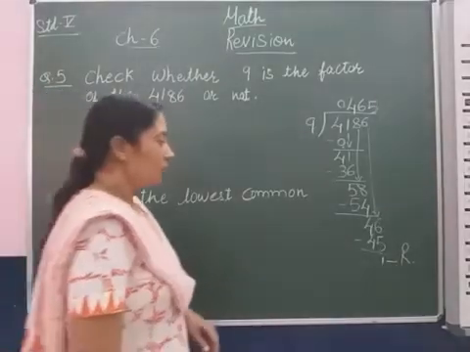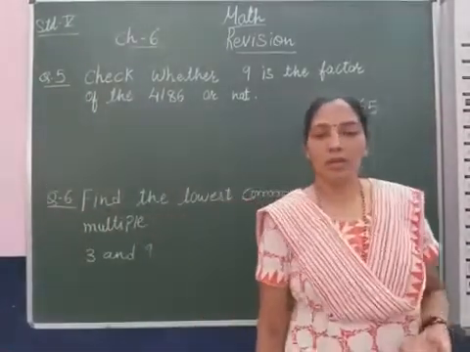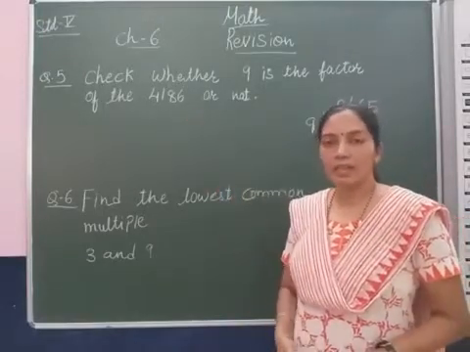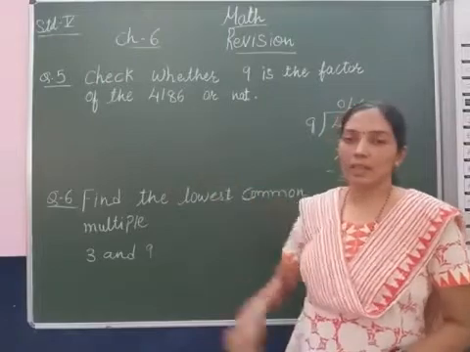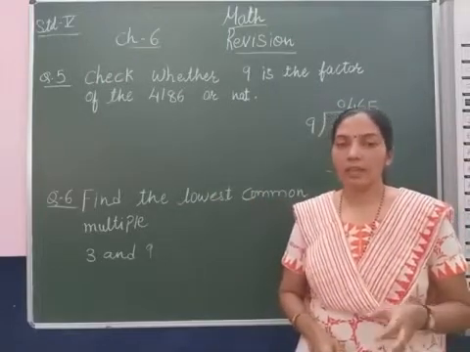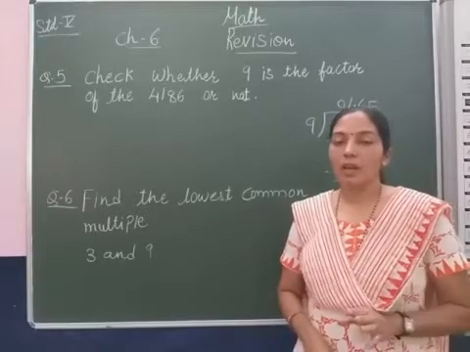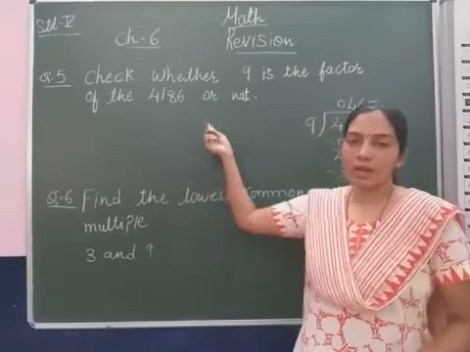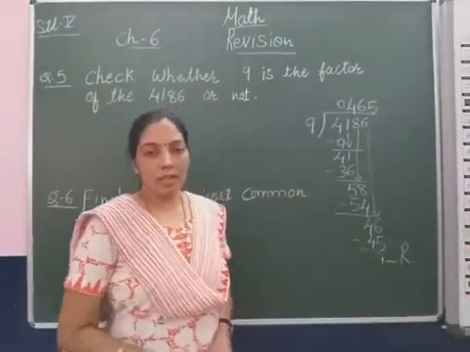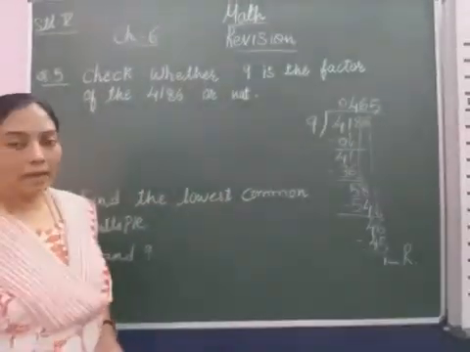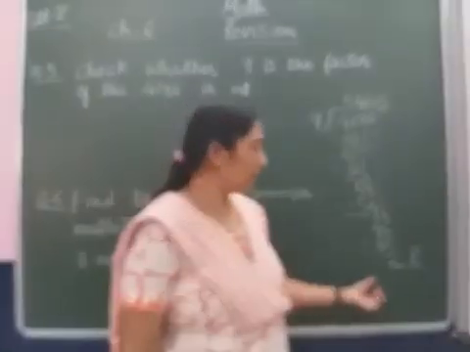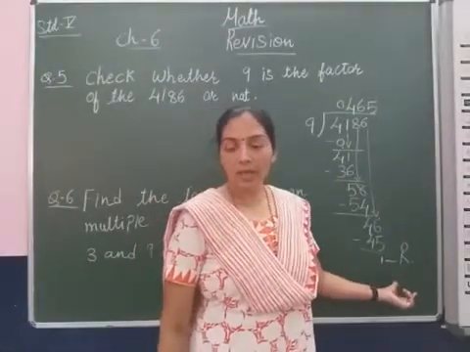After this question, when you learn the divisibility rules, you can easily understand this by applying them, because on the ones place 6 is given. But sometimes in the question it is asked to check whether the first number is divisible by the second number. That time you have to show the long division method and give the reason that the remainder is 1.